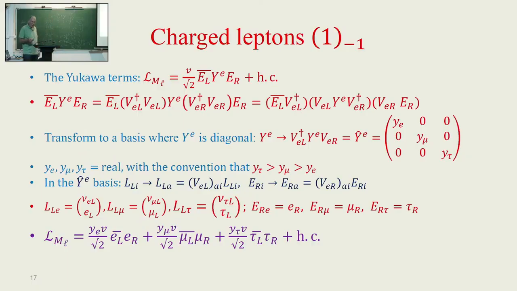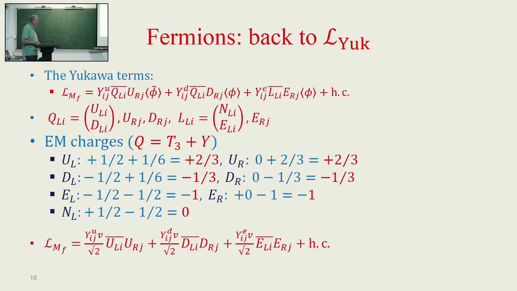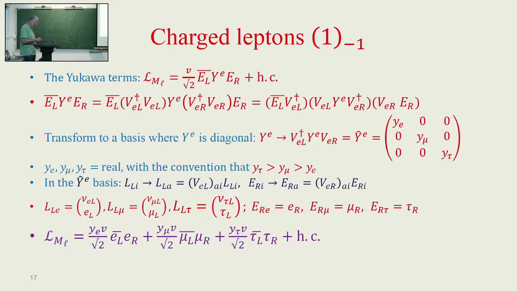For the charged leptons, we went through this, so just a quick look. We start with a 3 by 3 matrix. We insert unit matrices here and here in such a way that V_E left, Y_E, V_E right dagger is diagonal and real, which means we change basis and we give names to the charged leptons in this mass basis. If Y is diagonal, we saw here that the masses are proportional to the Y matrices. So if we are in a basis where this is diagonal, then the fields in that basis are the mass eigenstates. So we call them